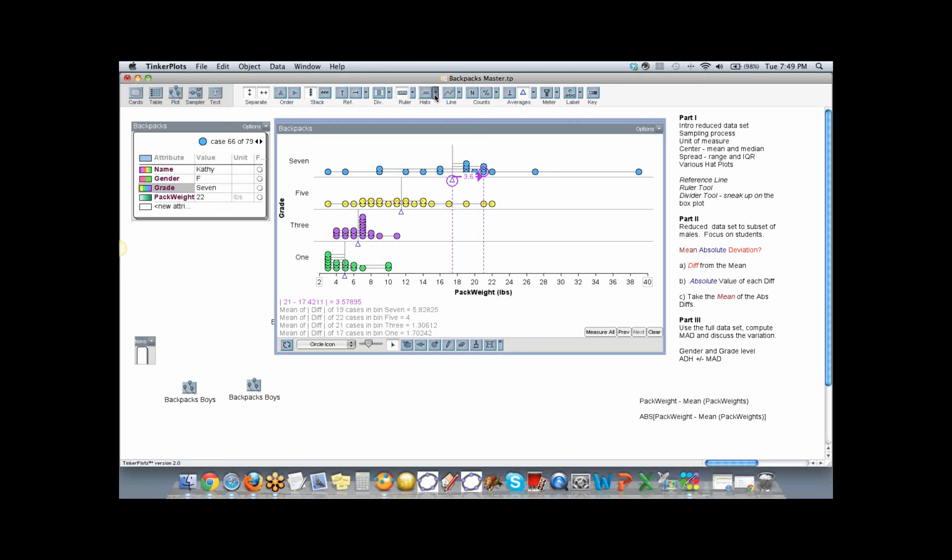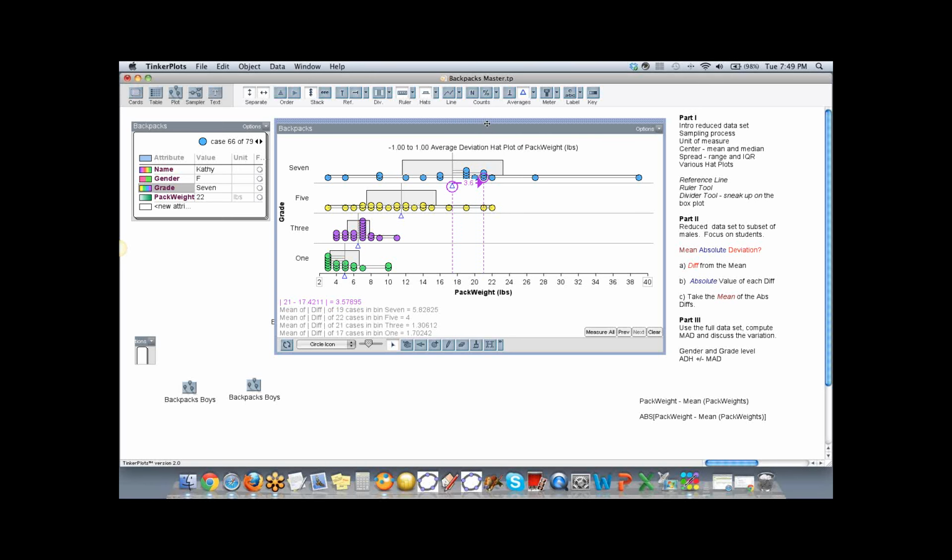So let's go back up to our hat plots, and there's a couple that I kind of snuck over at the beginning of the webinar. We talked about the percentile and the range hat, but we didn't talk about these two. The average deviation hat plot is now going to appear, and it's going to be something that is very helpful in this discussion. The -1 to +1 average deviation hat plot is giving us this range on the positive side and the negative side for these mean absolute deviations.